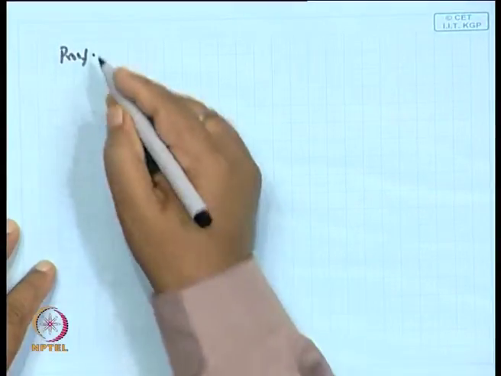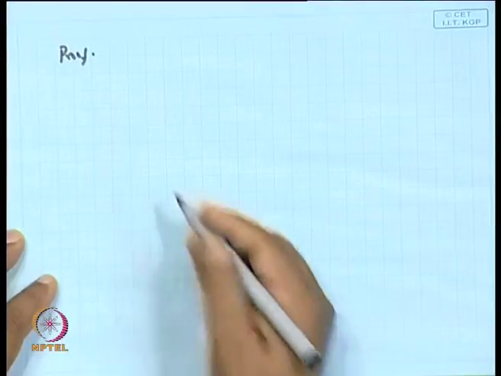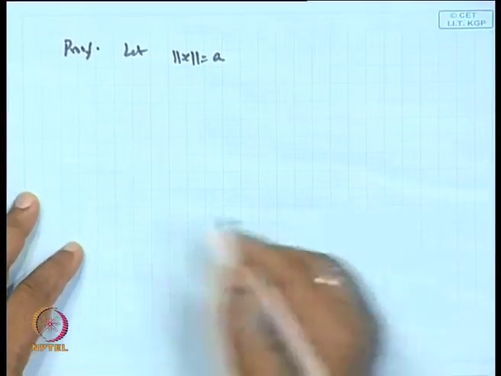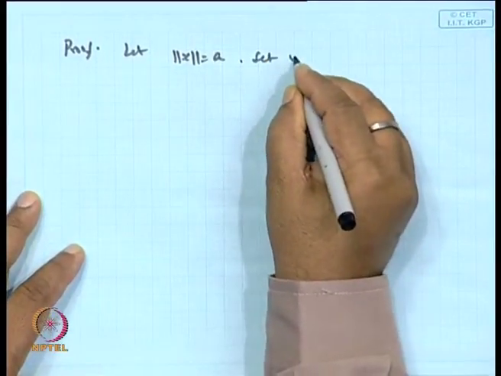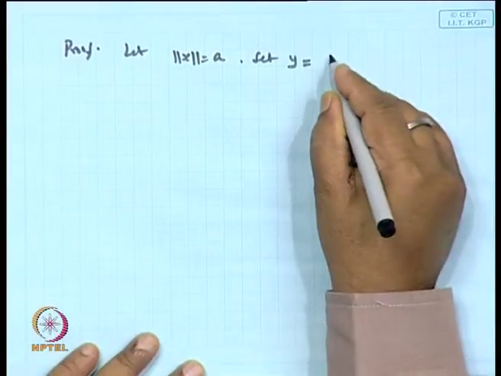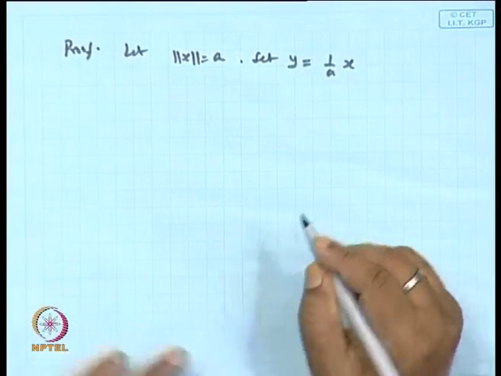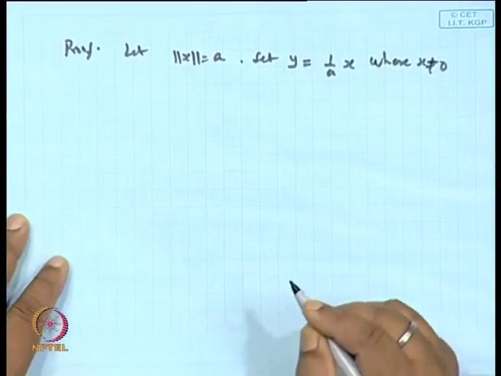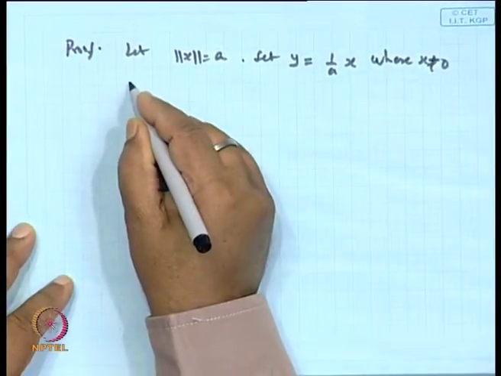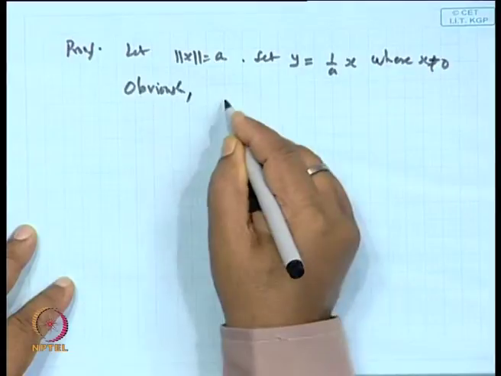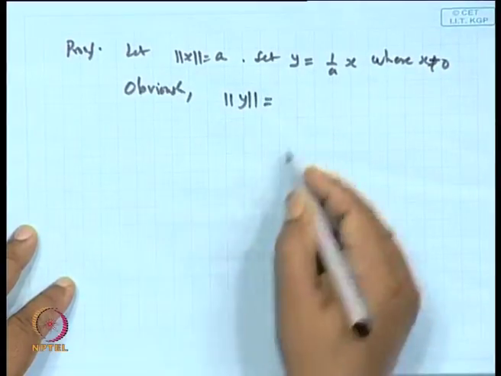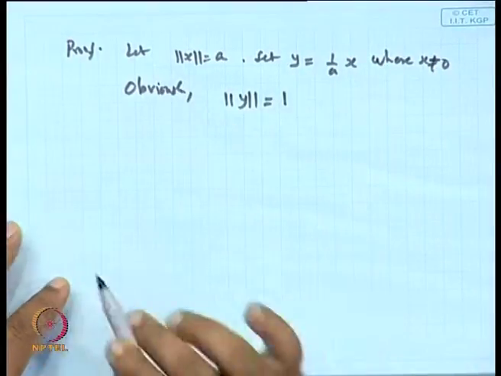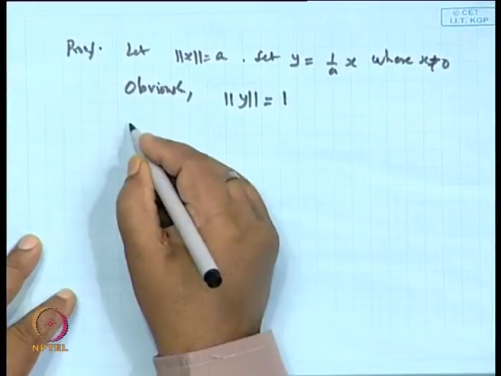The proof of this lemma is a very simple way. Let us suppose norm of x is equal to a, and let us set y equal to 1 by a into x, where x is not equal to 0. Obviously, from here norm of y will be 1, because norm of y equals norm of x by a, which is 1. So norm of y is 1, and since T is linear,